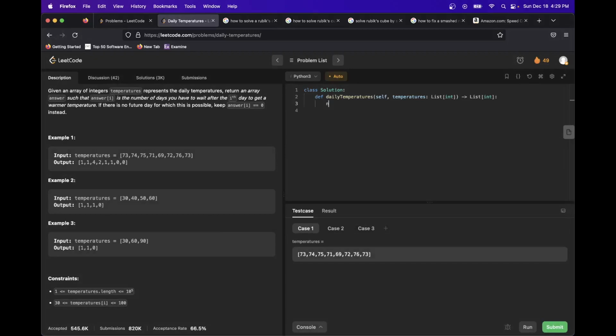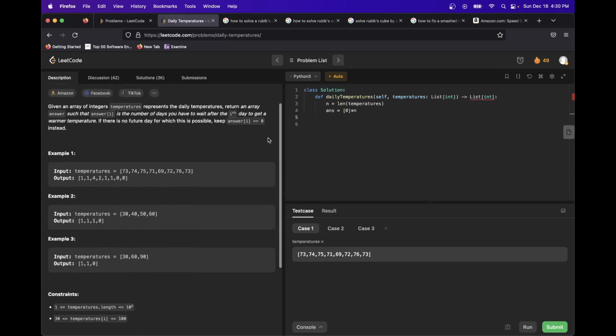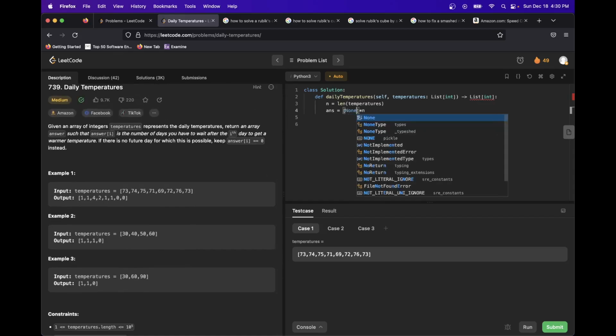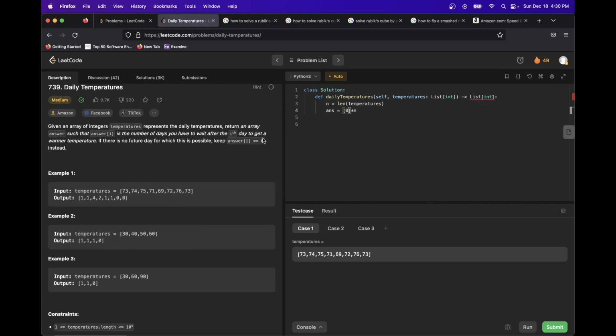So the first thing that's always good to do is say n is the length of temperatures. It's good to do that, among other reasons, to kind of keep track intuitively of your time complexity, because then you have this convenient n for O of n notation. And then we know answer is going to be an array of zeros times n, and generally it's going to be an array of zeros or an array of none if we know that we're going to assign every element. But actually here, this is kind of convenient right off the bat, because it says if